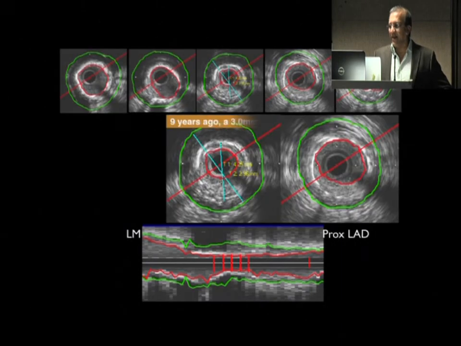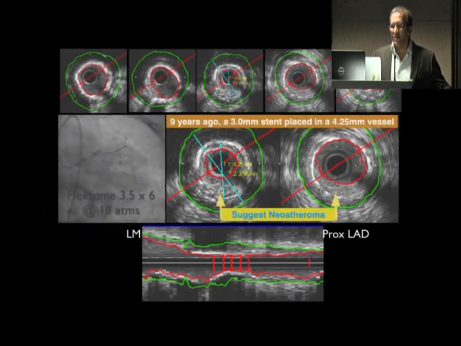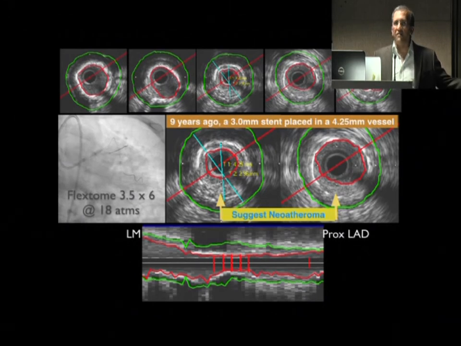We can show you cases and cases, but basically, this is on in-stent restenosis that we've learned: what we did 10 years ago, we put in a very small stent in a large artery. That's because we didn't have